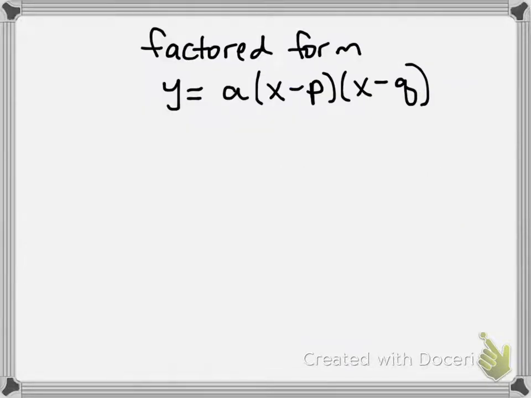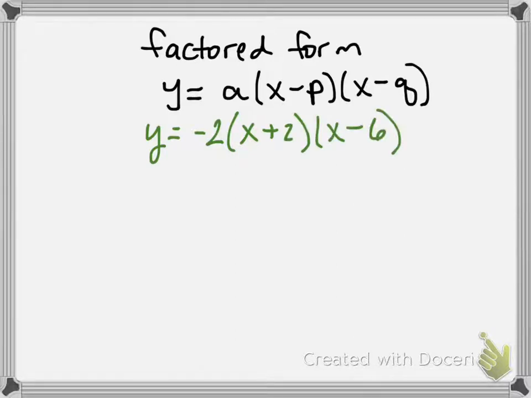Okay, the next form, we don't really talk about this so much as a form. You hardly ever see it as a formula, but we've encountered it many times in functions. So let's take an example. I'll just make one up here. Let's say this is negative 2 times (x plus 2) times (x minus 6). When we encounter a quadratic function that's been factored like this, the number out in front, if there is one,